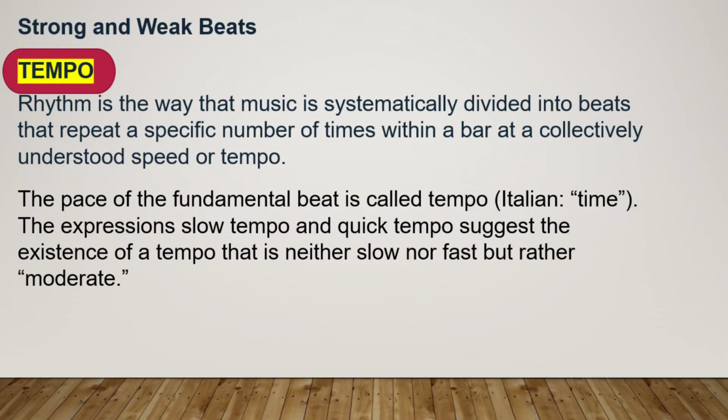Tempo. Rhythm is the way that music is systematically divided into beats that repeat a specific number of times within a bar at a collectively understood speed or tempo. The pace of the fundamental beat is called tempo. Tempo is an Italian word which means time. The expressions slow tempo and quick tempo suggest the existence of a tempo that is neither slow nor fast, but